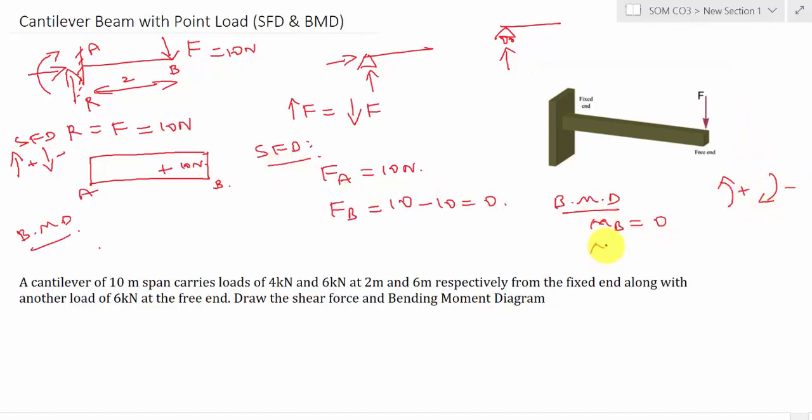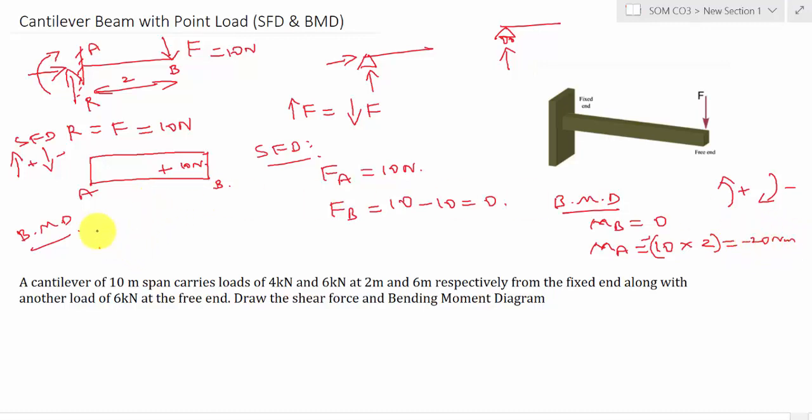Then the bending moment at A is equal to, so we have a force on the right side and I have considered the forces acting on the right side. So it is 10 into the perpendicular distance, which is 2, because I am calculating the bending moment at A. The distance between the force and point A is 2 meters. Since it is fixed here and a load is acting like this, it will rotate in the clockwise direction, so it is considered minus. So it is equal to minus 20 Newton meter.